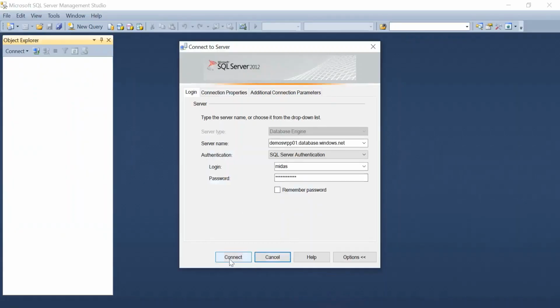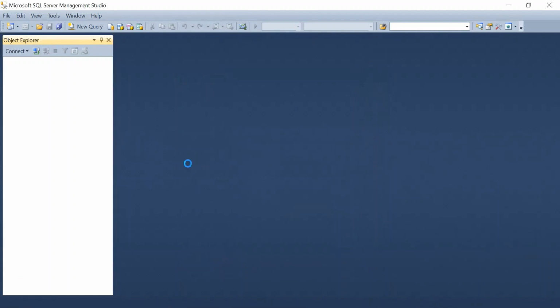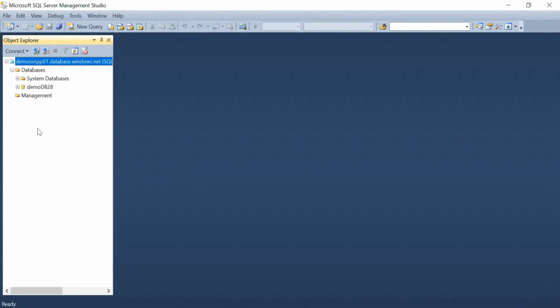Let me try to connect again. Here you can see I'm able to connect to the database.